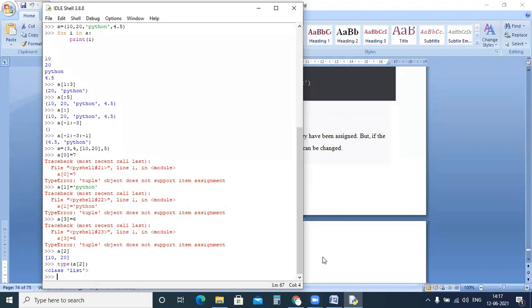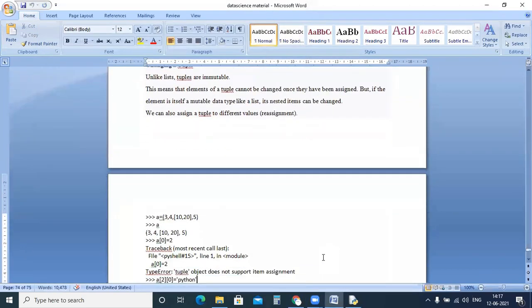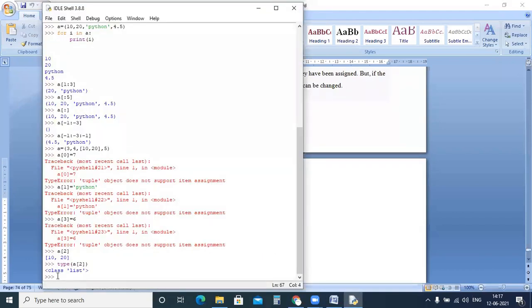We can change the value of the list. So that is the thing what I will be showing you now. If I want to change the value of this 10, what is my index? If I want to access 10, what is my index?